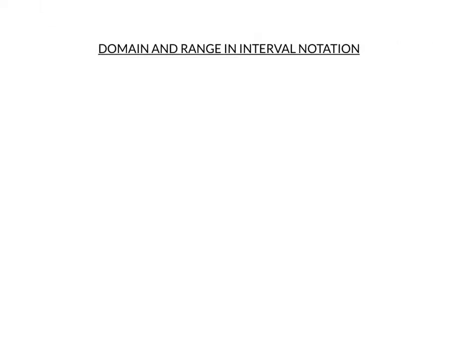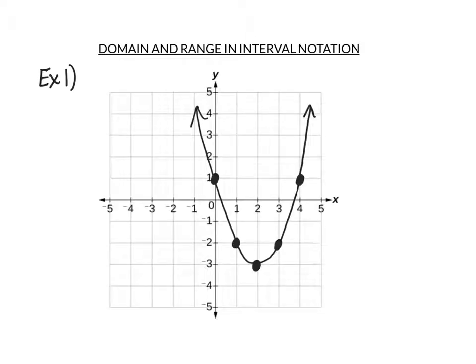In this video, we will discuss how to write the domain and range of a function in interval notation. One of the easiest ways to figure out the domain of a function is to think about dragging a vertical line across your graph from left to right. Here's an example of a vertical line being dragged from left to right. What you're going to be checking for is asking yourself, where does your vertical line touch your function?